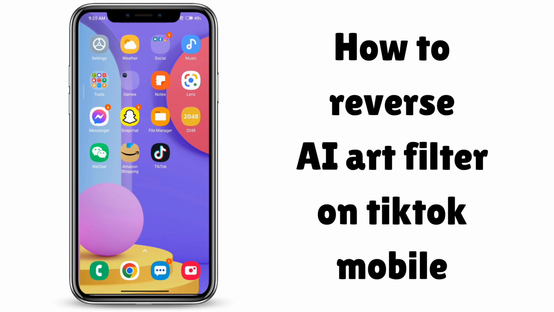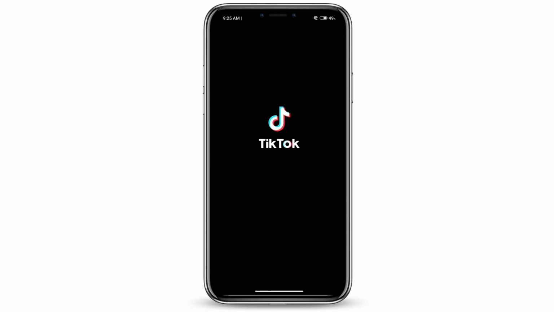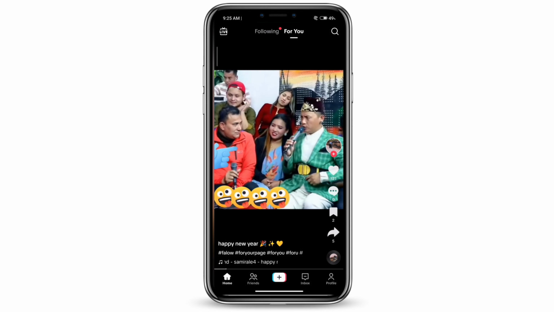How to reverse AI art filter on TikTok mobile. If you're wondering if you can reverse AI art filter on TikTok mobile, you've come to the right place. Let's get started. So if you open TikTok and go to the search bar at the top